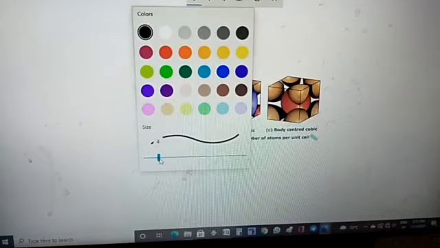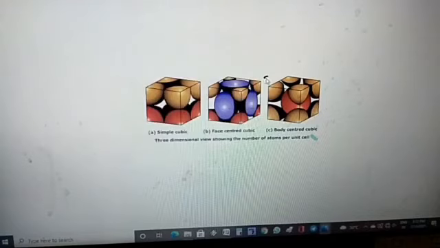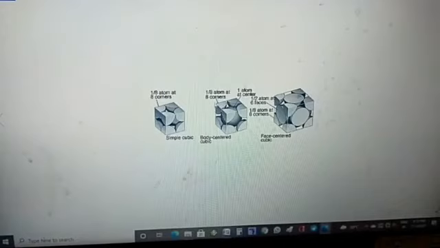So already we discussed in the case of the primitive cubic unit cell, as each atom is shared by 8 adjacent cells, we get 8 into 1/8. Along with this one atom, now see this. 1/8 atom at 8 corners gives one atom, and one atom is at its center. So 1/8 into 8 gives 1, and 1 plus 1, total 2 atoms will be present in the body centered cubic unit cell.